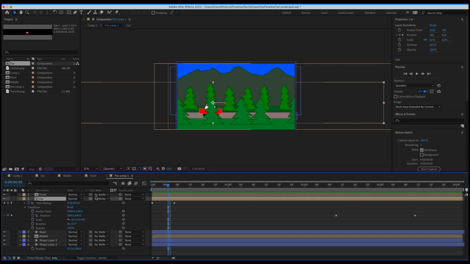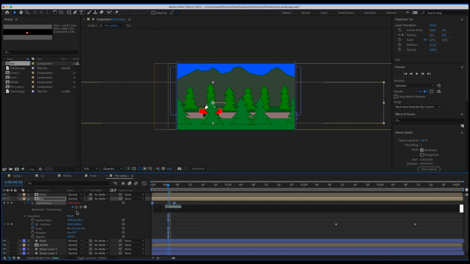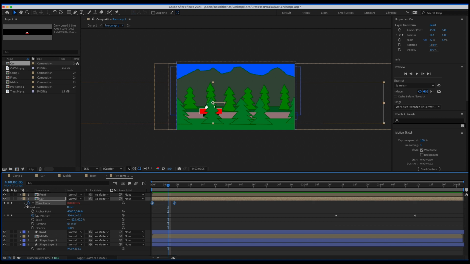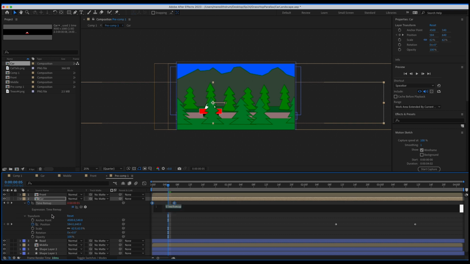Okay, so now I want you to press Alt and click on the stopwatch here. That'll open up this time remap expression there. So that was Alt. I'll just undo it here. But that was, I press Alt and clicked on it. I'll do it again, and it brings up this expression. It gives me the option to write it myself here.